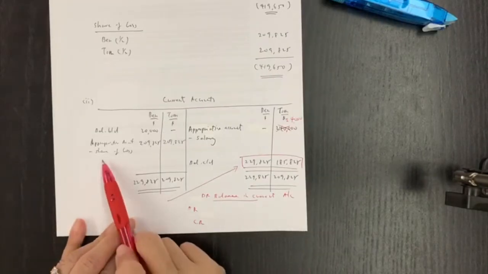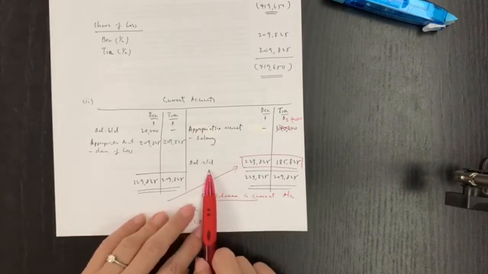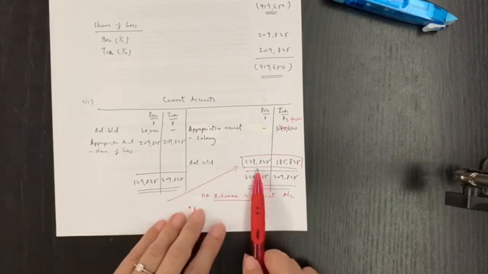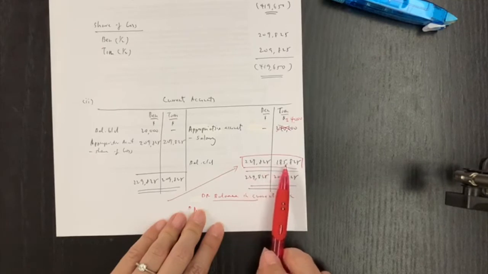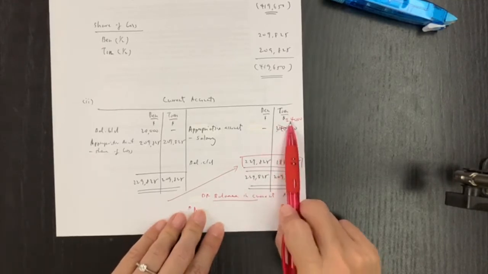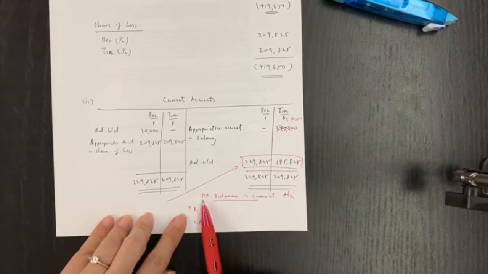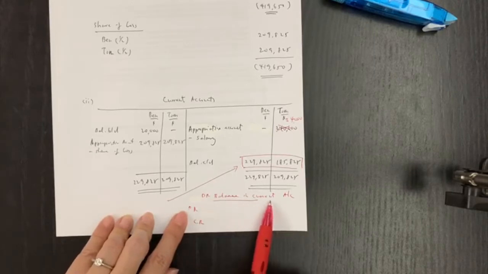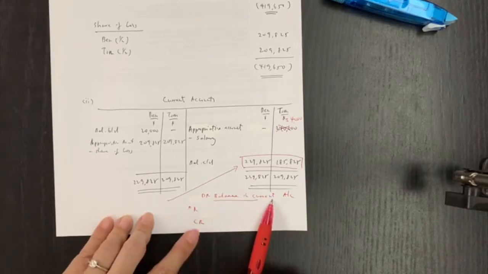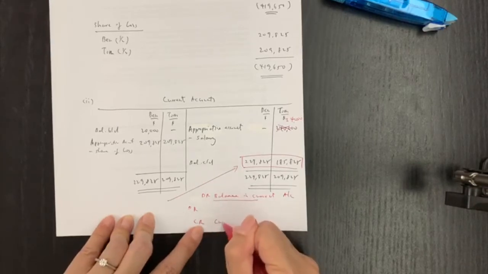Okay, so therefore after share of loss in the current account, we can now close the current account. So if you use your calculator, you will get these closing balances in the current account. So here I also have another careless mistake. You can see we add on credit side, that means credit side is smaller, so debit side is bigger. So therefore we have a debit balance in the current account, which is negative. All right, so that we need to close this later on. So close current account,